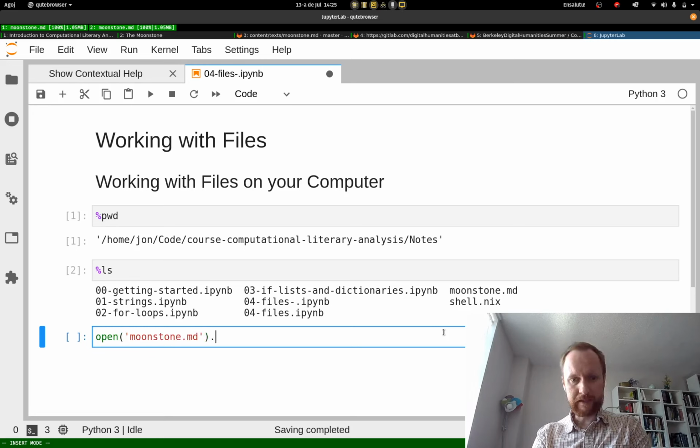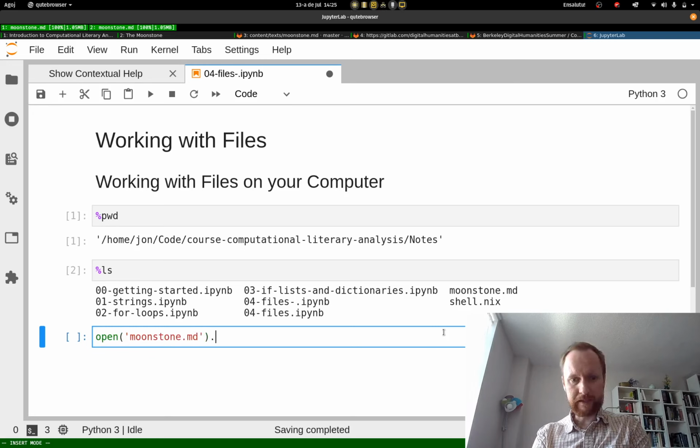Another way of doing this is we could load it directly from the internet. That's another possibility. We could say if we have a URL, so let's say that we're back here and I copy the URL of this plain text file from GitHub, I can come over here and I can get the requests library, which allows us to download things from the internet, and I can use requests get method providing this URL,